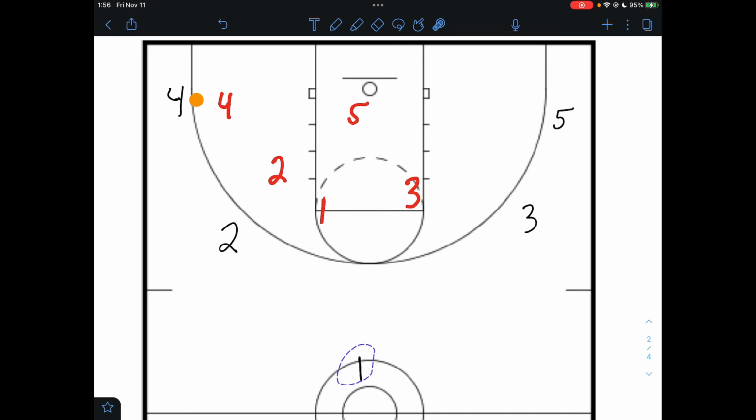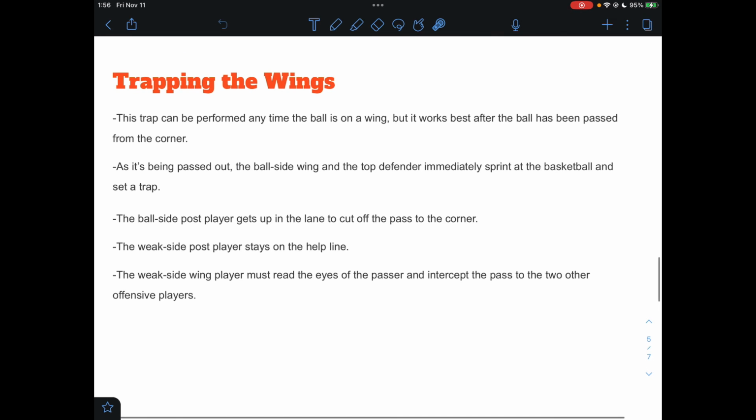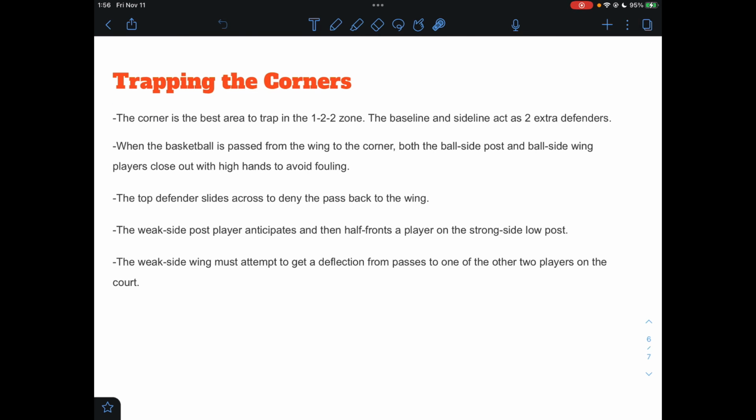All right, let's reset for our last trap here. The last trap is out of the corners. Okay, so this is the best trap because, like I said, you get 2 extra defenders, the baseline and the